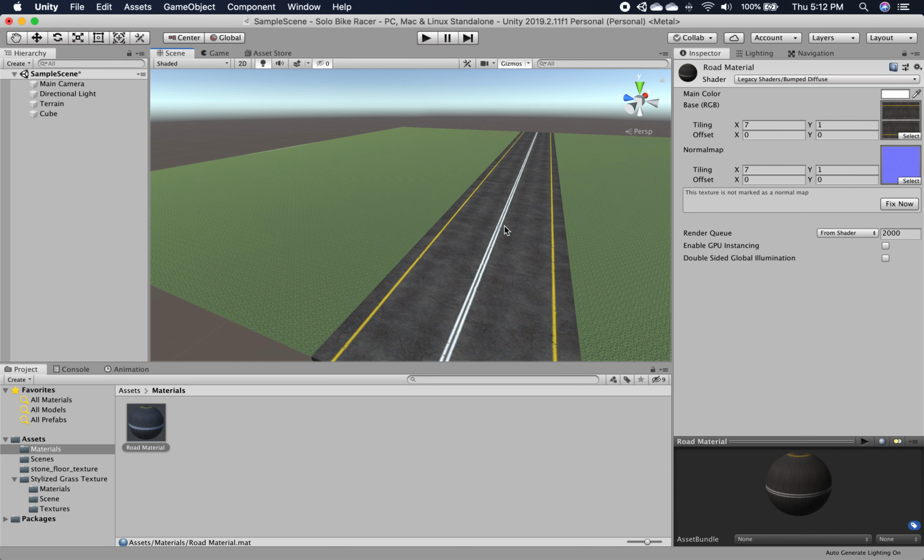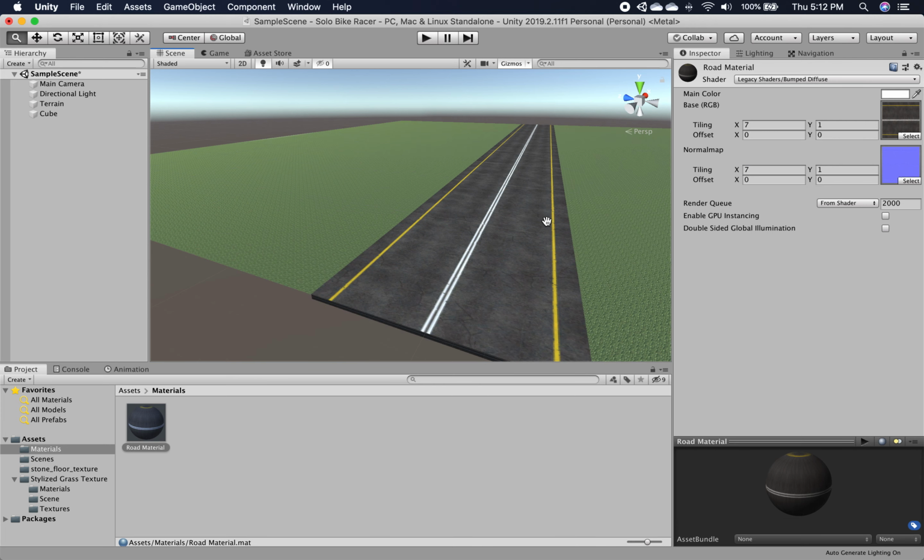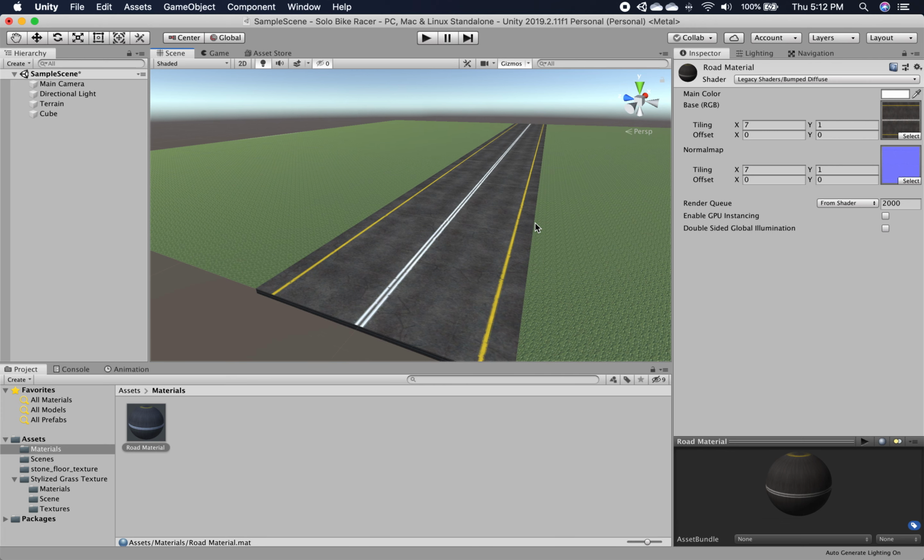So this is it for now, and I think this has been a 6-7 minute video now, so I'll end it here, and in the next one we will create our road using Unity AI for our nav mesh agents. We will use our navigation window here